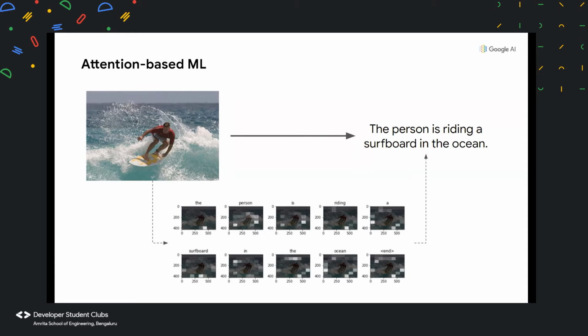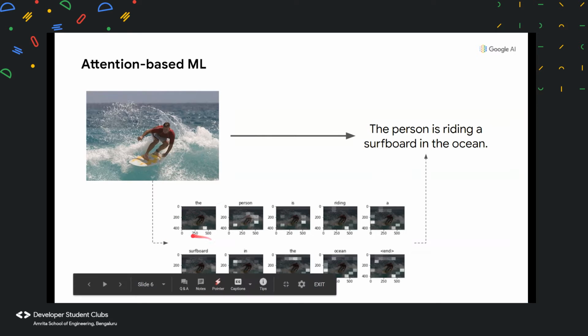And I'll tell you how the different parts of our neural network architecture that we're going to be building today is going to ultimately lead us to this proper description of our image. Now, if you see here, the white colored boxes, or the white colored set of pixels, are indicative of the fact that the neural network is currently placing its attention on this part of the image. Now we can say that, okay, so these are the set of pixels that it has placed its attention on in order to predict the word person. And so on for the other words.